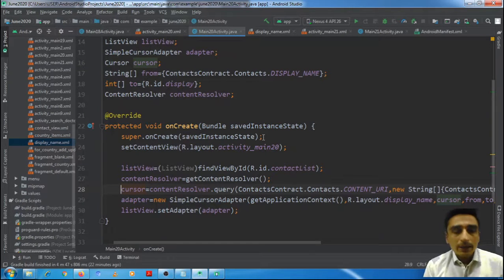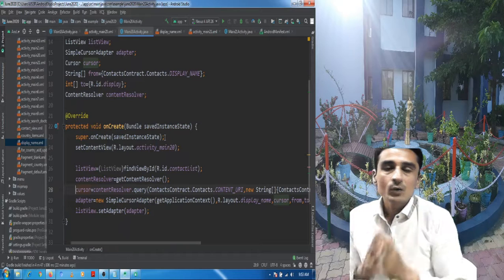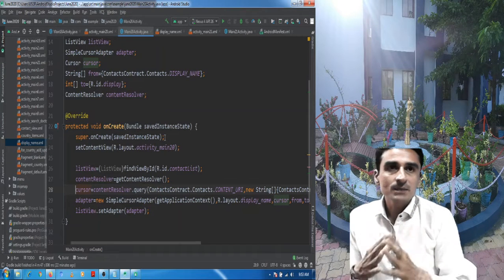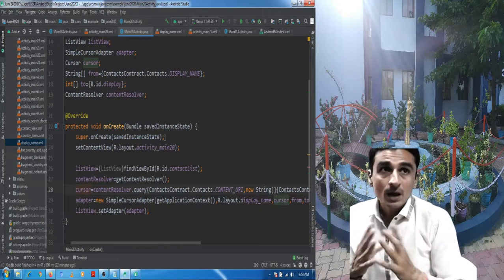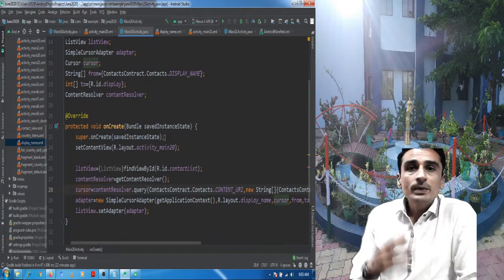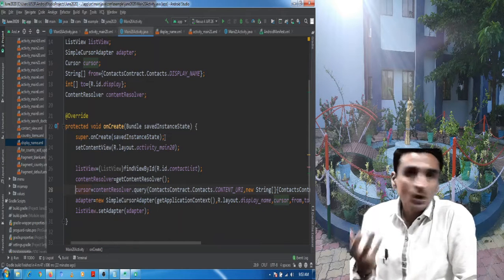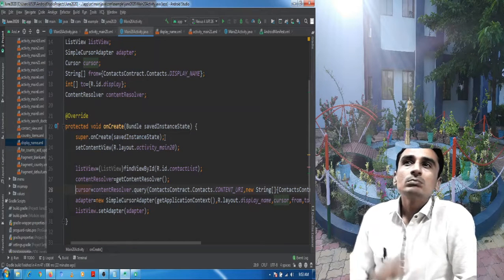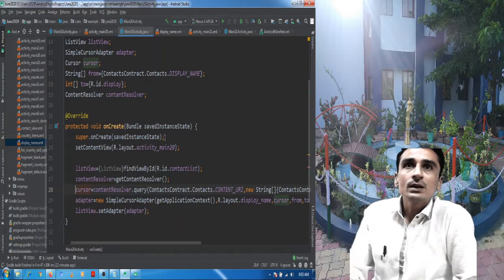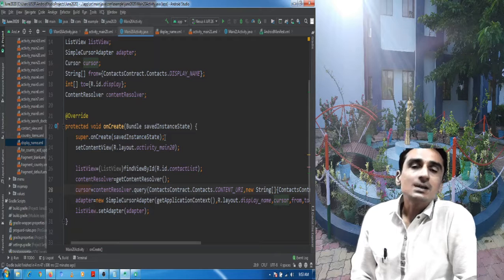Again, it may happen that we have requested permission in the manifest file, so when our application is installed, the user would be asked to give the permission, and may allow or deny. Going further, in future our application will be running, and at some point this code will be executed.